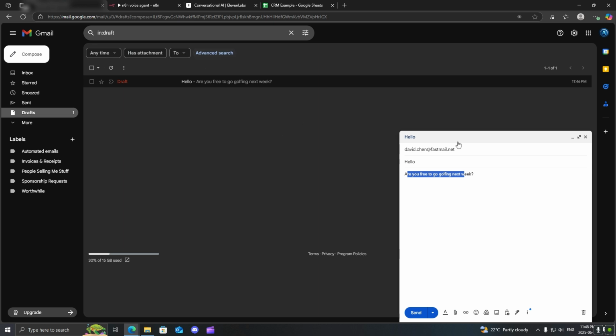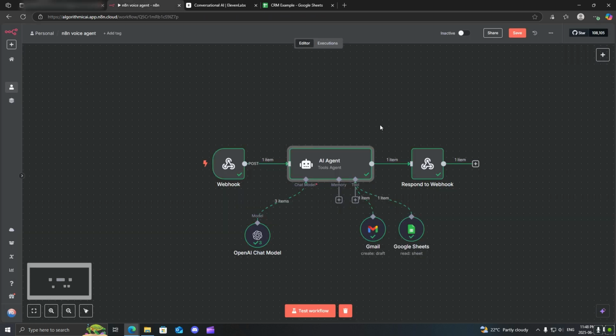So this is just quickly how you can set up a voice agent using n8n. Like I said, you do need to be able to hook it up to an actual voice platform. However, this is how you can very simply do it. I hope that